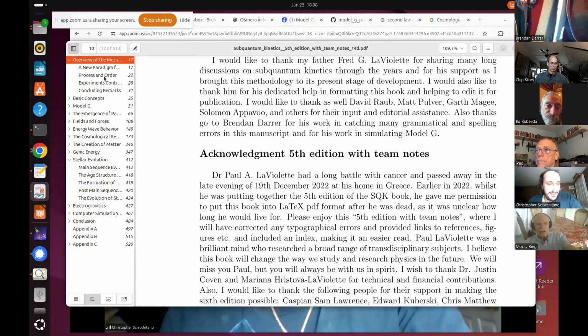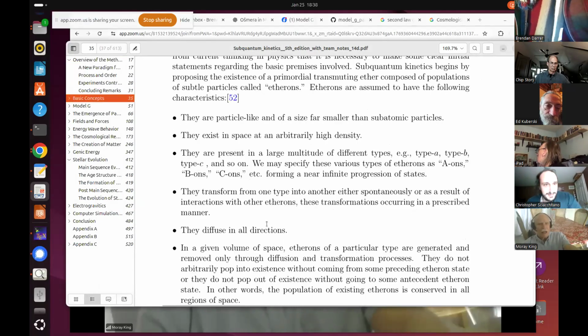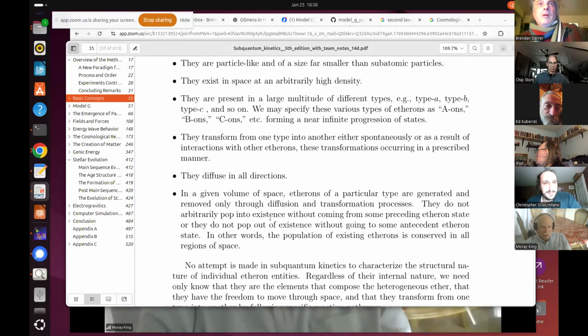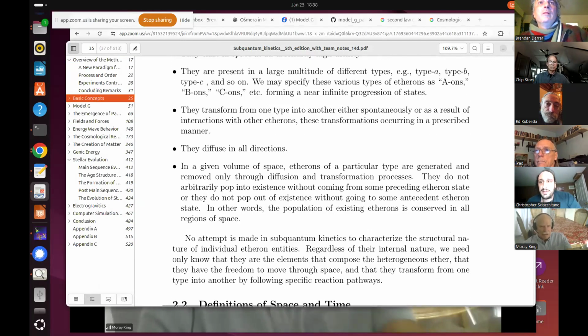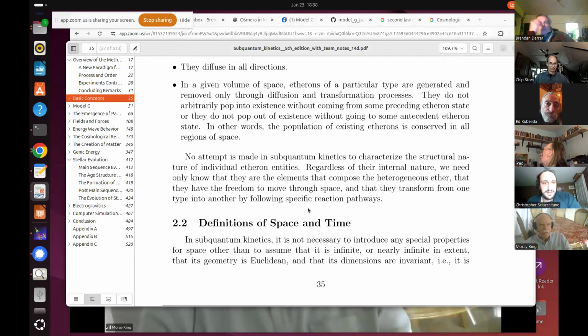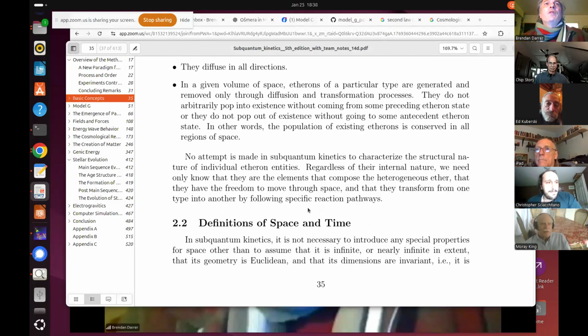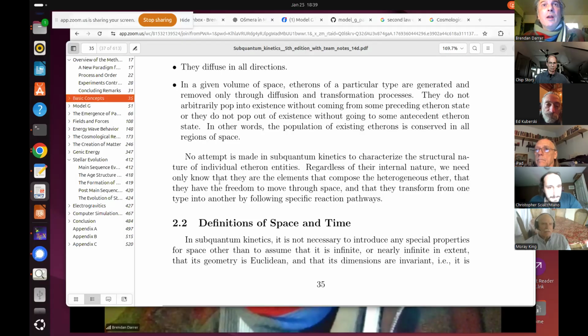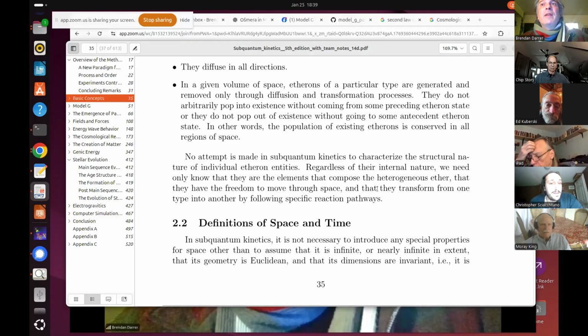Well, I'll say it right here. He wrote the book. He has his postulates. He postulated the etheron as the basic particle of the theory. So what is the size of the etheron? That's the question. No attempt is made in subquantum kinetics to characterize the structural nature of individual etheron entities. Regardless of their internal structure, we need only know that they are elements that compose the heterogeneous ether, that they have the freedom to move through space, and that they can transform from one type into another by following